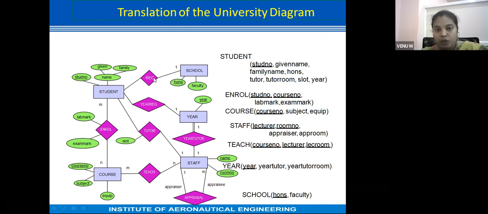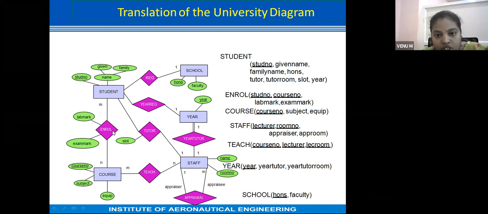So what are the attributes for a relation? Registered is a relation between student and school. Registered has attributes: the main participating attributes of student and school combined, along with its own attributes. Just observe one thing here.